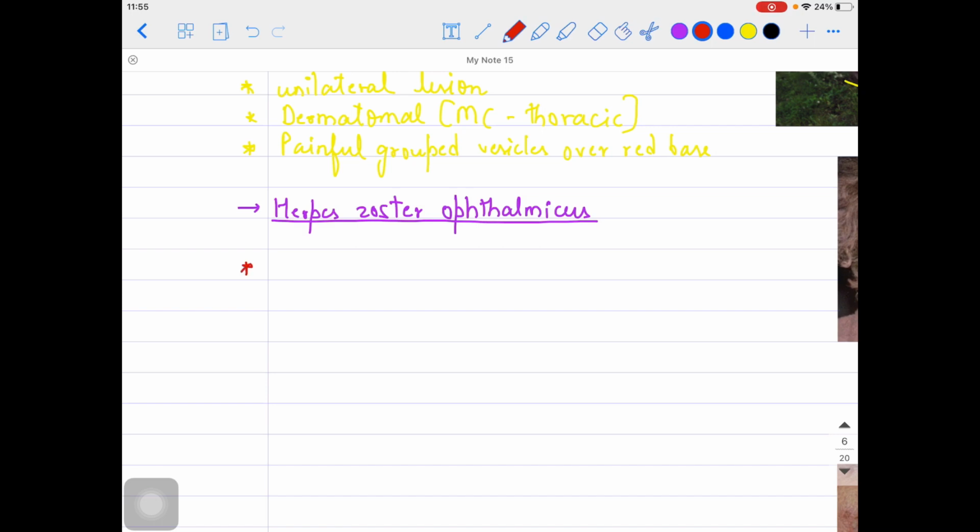So which nerve is this affecting? This is affecting the V1. What is V1? V1 is the frontal branch of the ophthalmic nerve of the trigeminal nerve. Okay, understood. Then what I need to know is, this kind of lesion, as I said, herpes zoster is unilateral. It affects only one side, either left or right, and does not usually cross the midline.